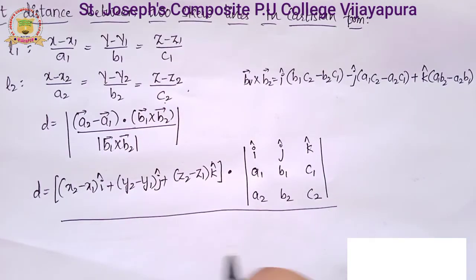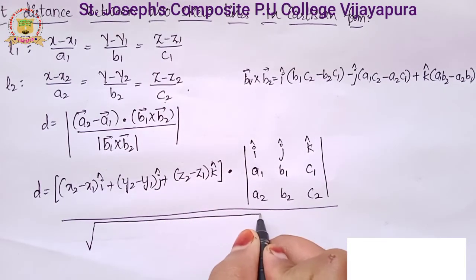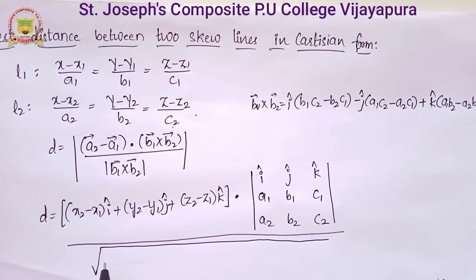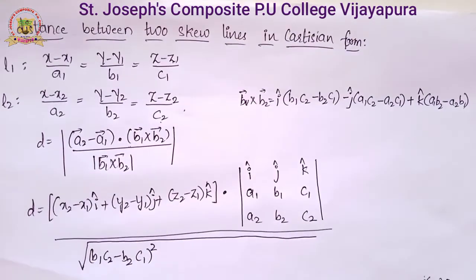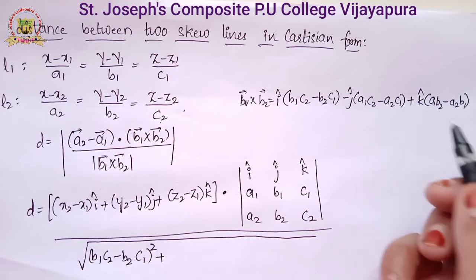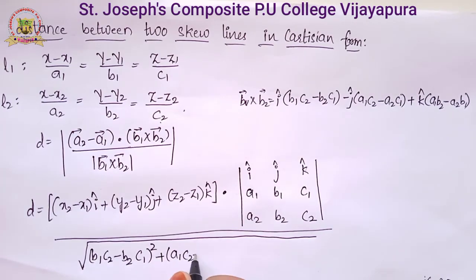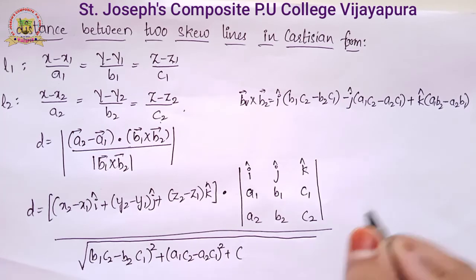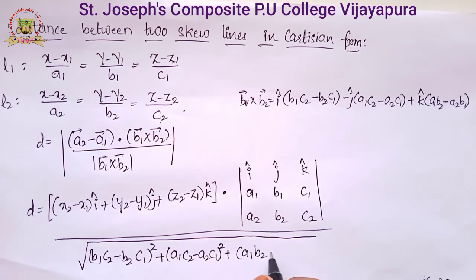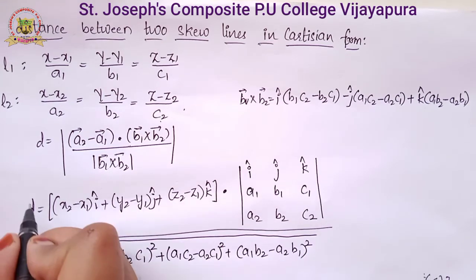So substitute here, it is root of b1 c2 minus b2 c1 whole square, plus a1 c2 minus a2 c1 whole square, plus a1 b2 minus a2 b1 whole square. So this is the distance d